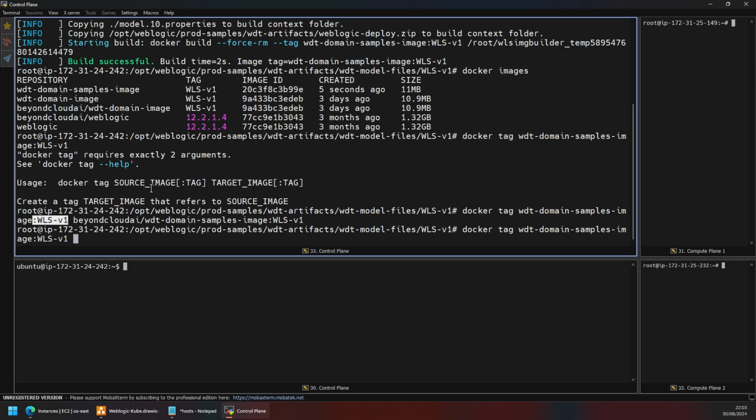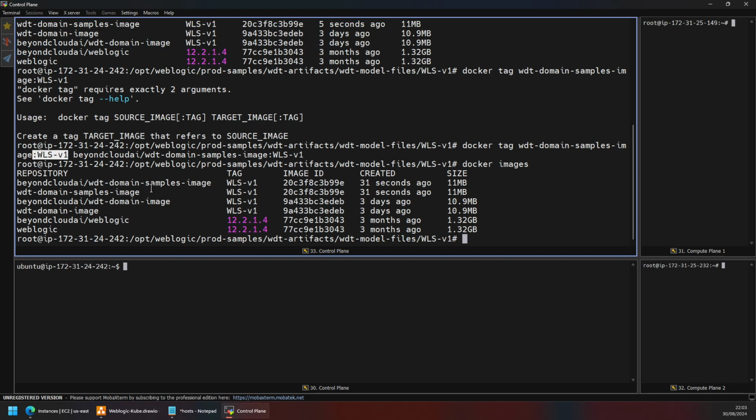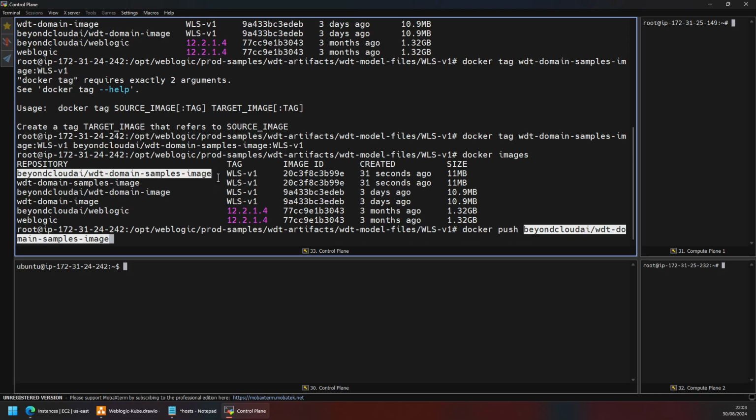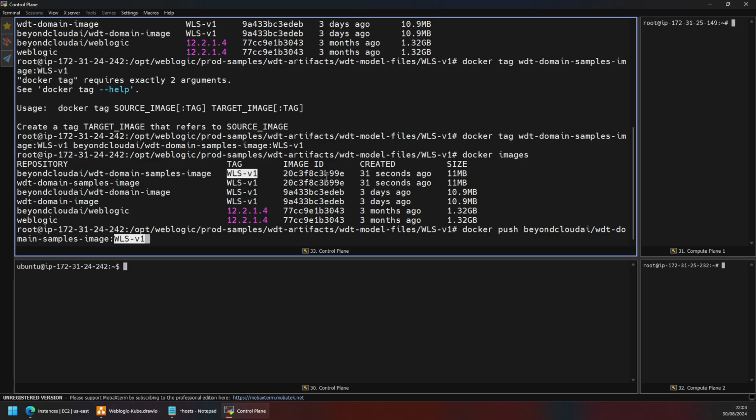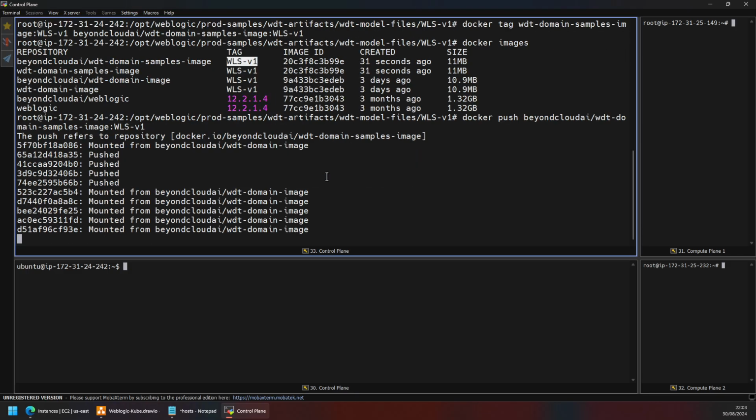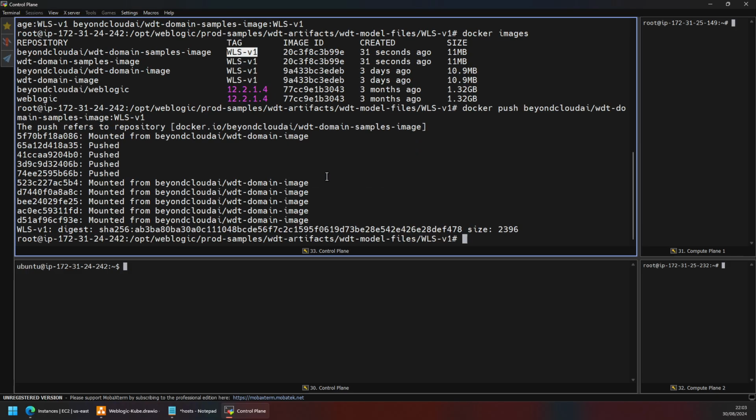So this has tagged the image now. It should be good for us to upload. Docker push. I'm hoping that it is already logged in, so the push command wouldn't throw up any error. If you have not logged in, you can use Docker login, and you can log into the server